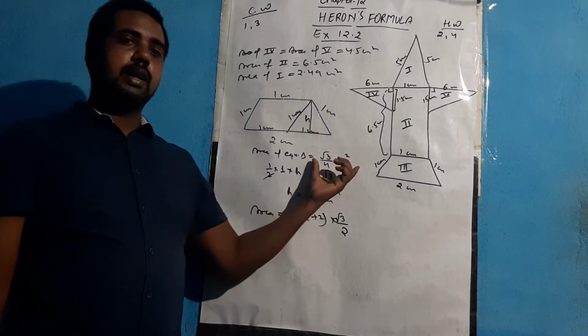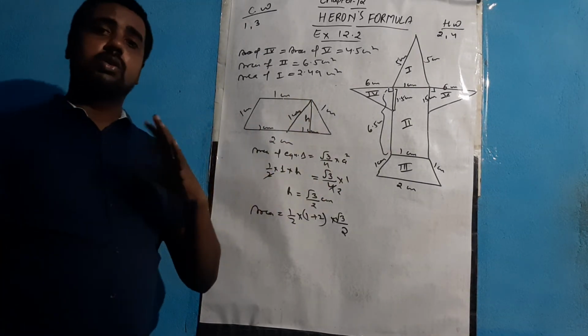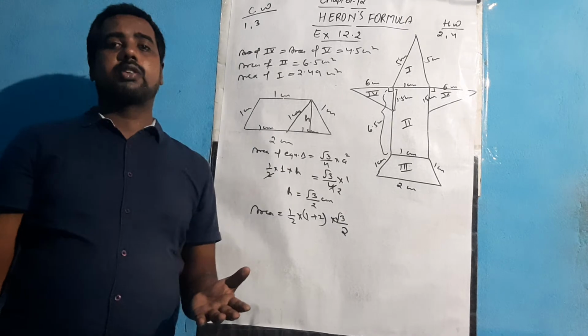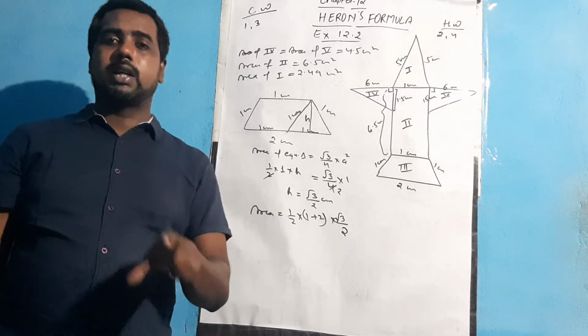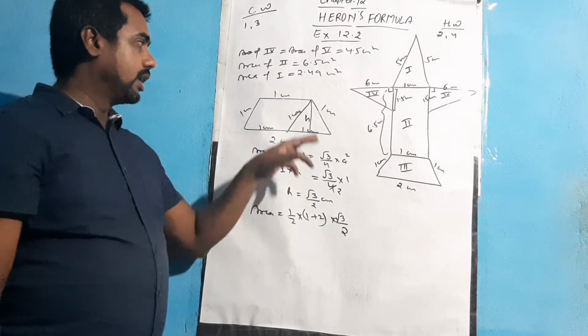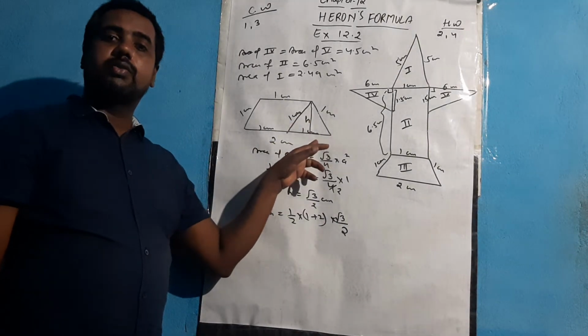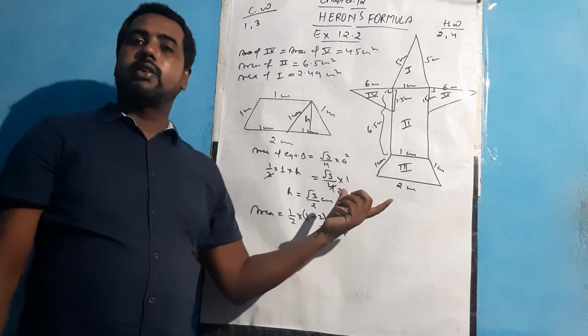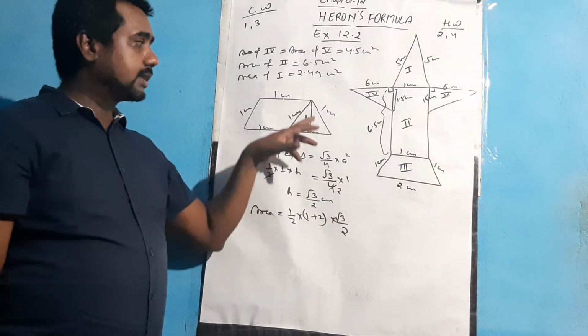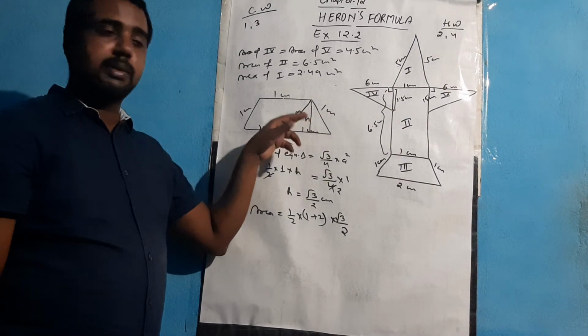After getting the area, as you know, although for finding the area of any triangle there might be different formulas, the area of that particular part remains the same. So either you apply the area of this particular triangle as half base into height, or you apply the area of an equilateral triangle. In both cases, the area of this part will always be the same.